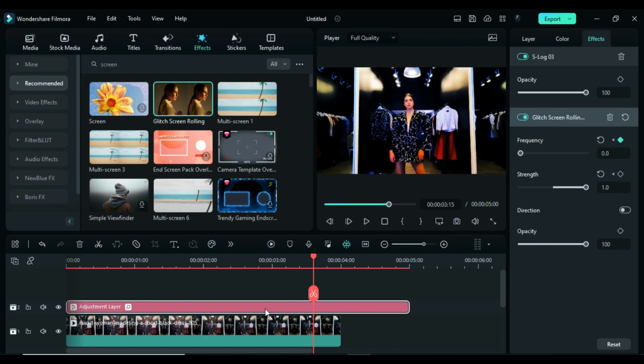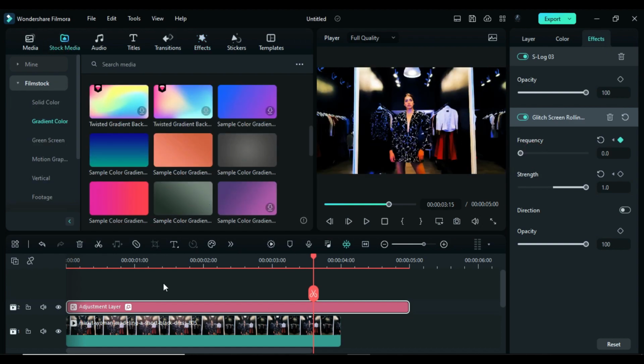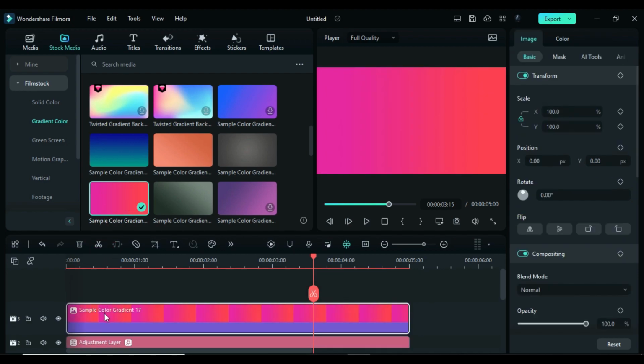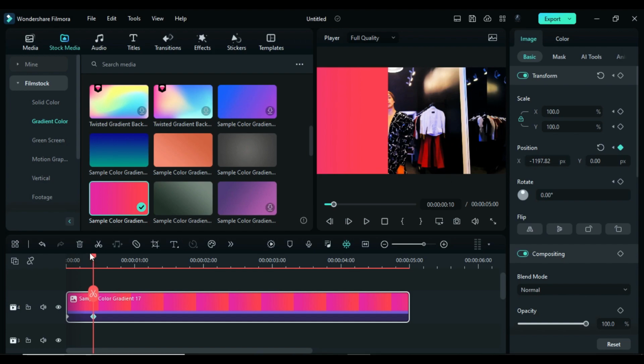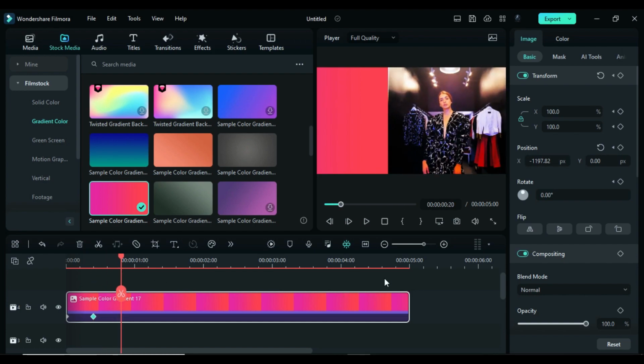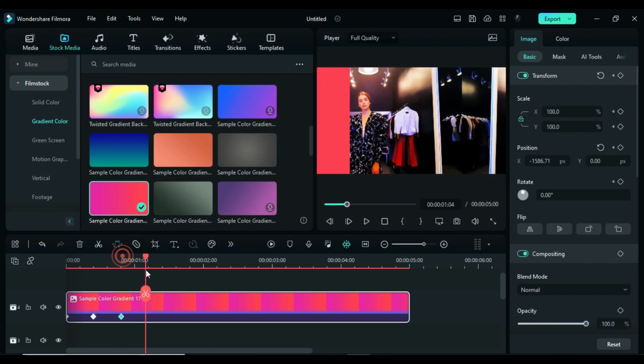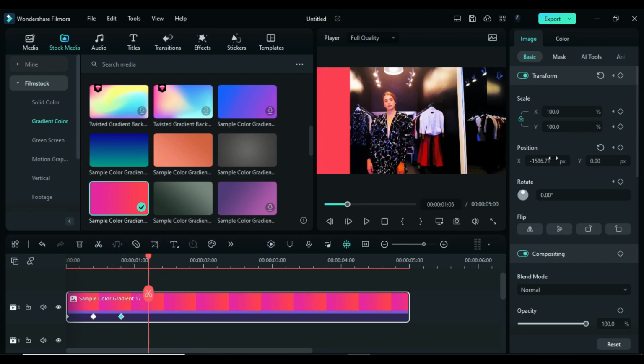Then go to the stock media and drop any color on track 3 and shift it to track 4. At starting point, on transform keyframe, then at 10th frame, set X position to negative 1197.82 and then at 20th frame, set X to negative 1586.71. Then at 1 second and 10th frame, set X to negative